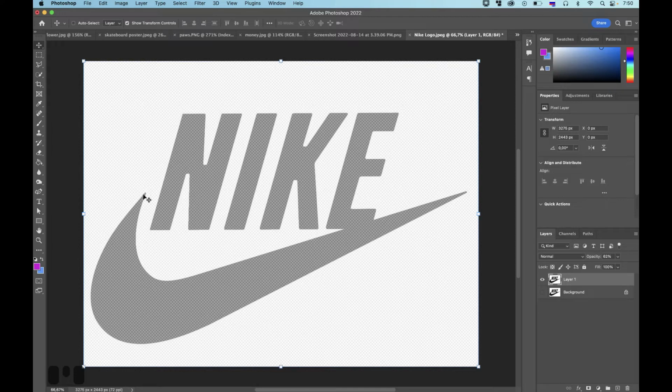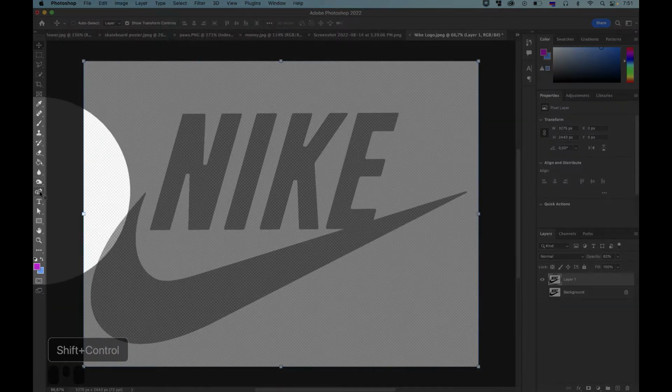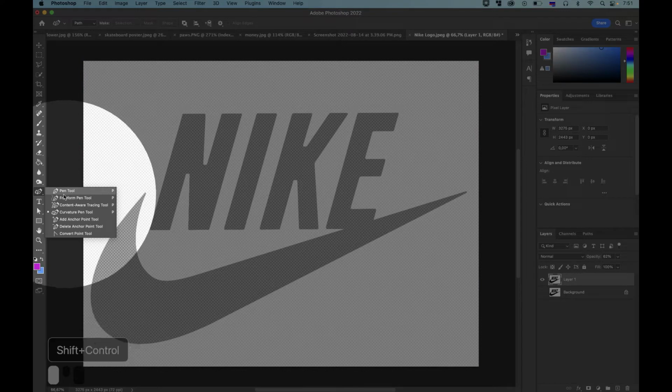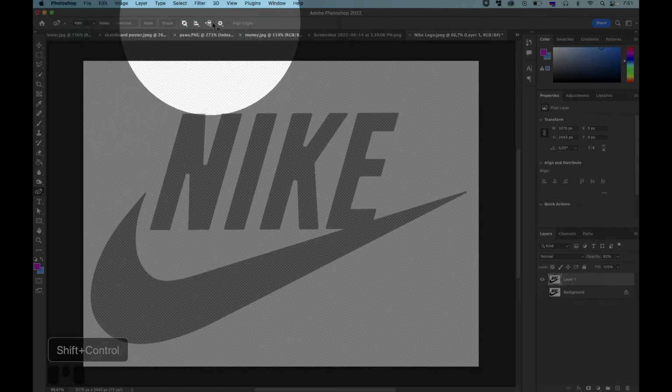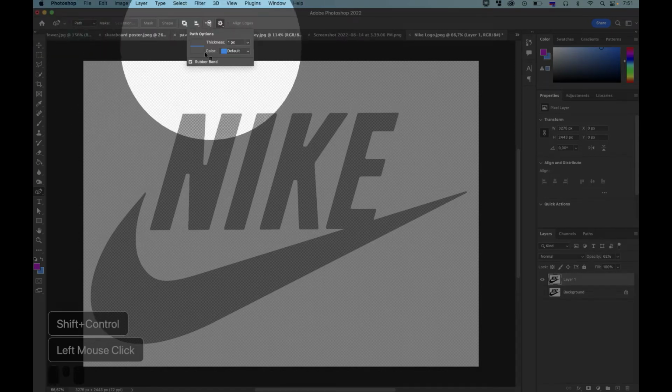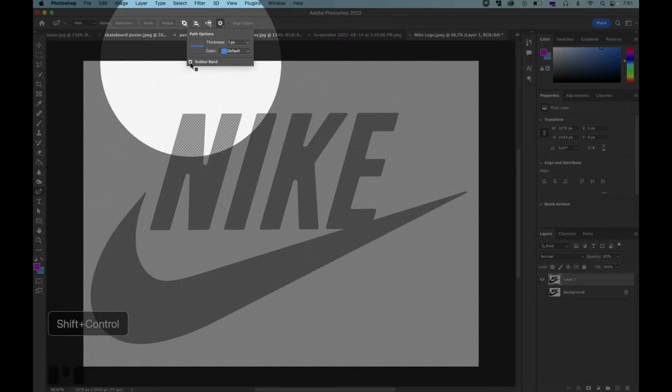First of all, let's create this shape. For that, we're gonna grab the pen tool right over here. But the pen tool makes straight lines and we need curves, so we select the curvature pen tool. Make sure you have path selected here, and we need a rubber band right over here. It actually shows the result before we committed it.